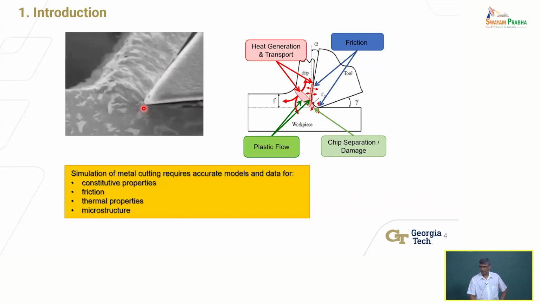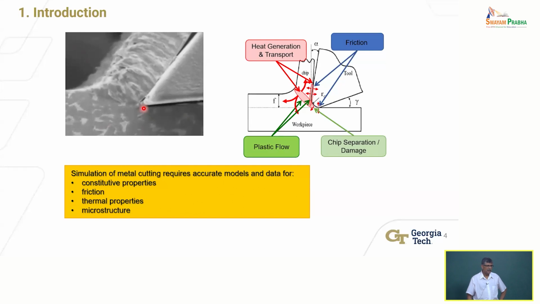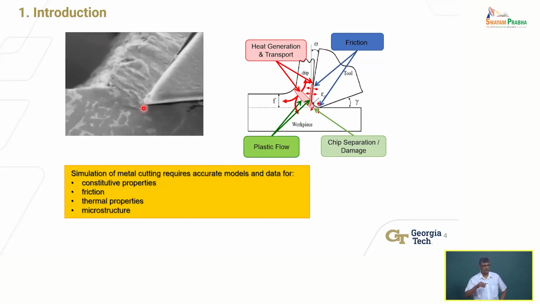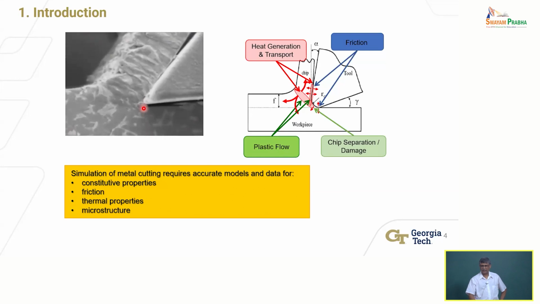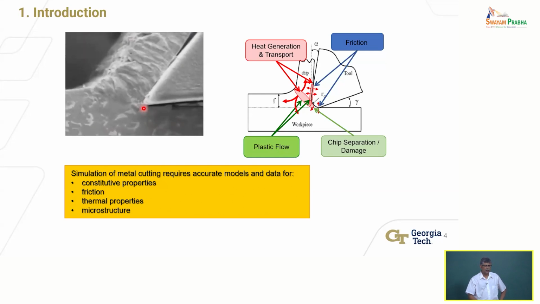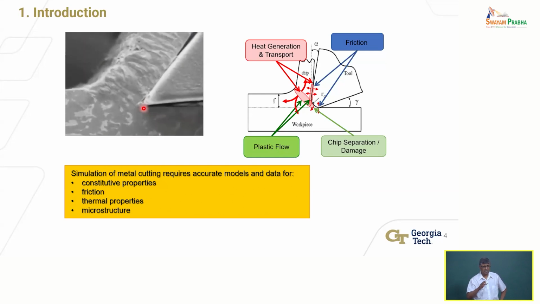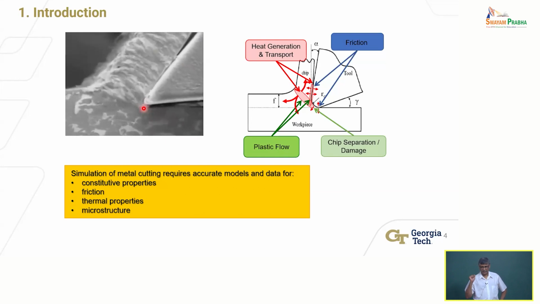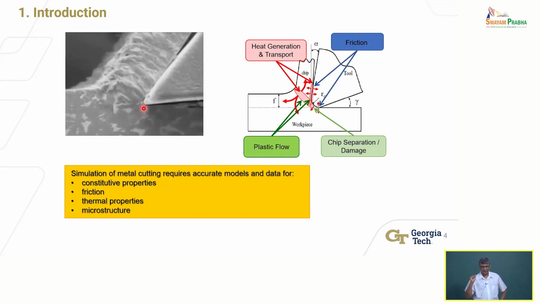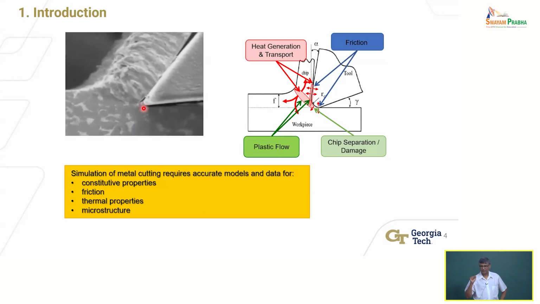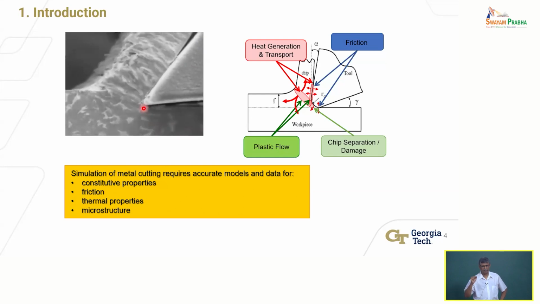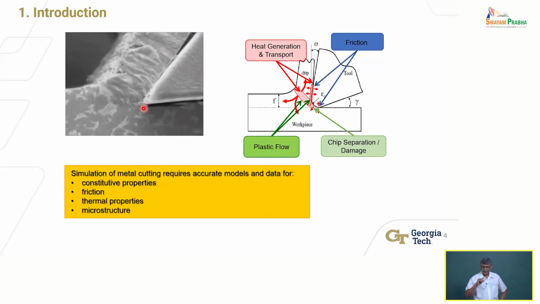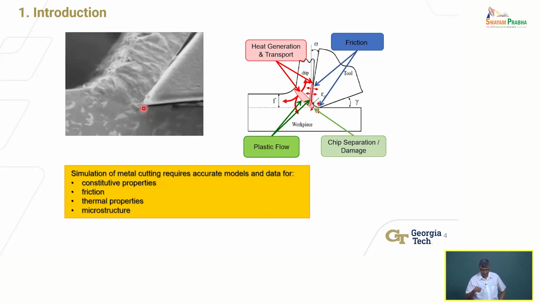This is slowed down in this video. Even in a conventional cutting operation that you might see on a lathe, the plastic strains that the material is being subjected to are very high. They can be as high as 4, 5, 6 plastic strain. Shear strain can be very, very high. And when I say plastic strain, I mean the effective strain. The shear strain correspondingly is very high as well.